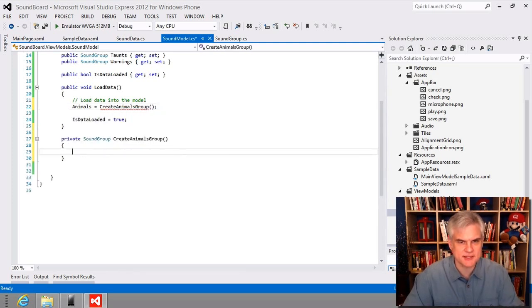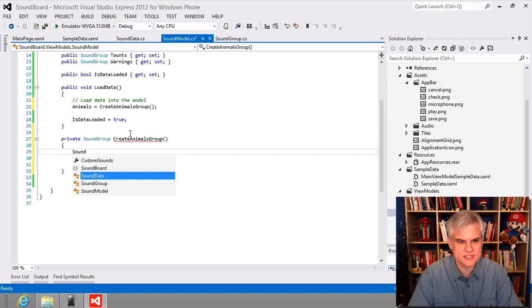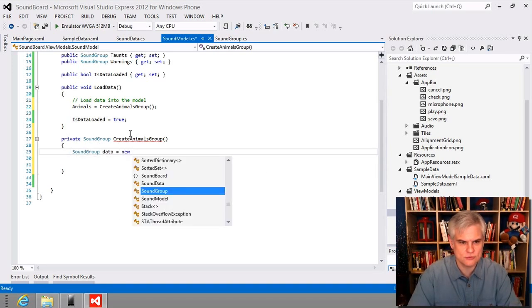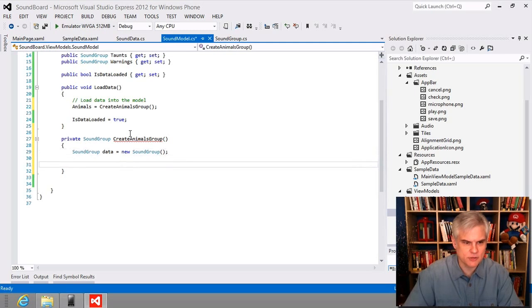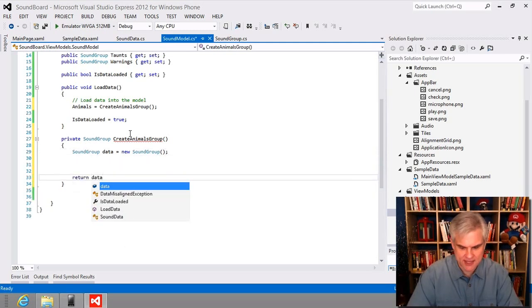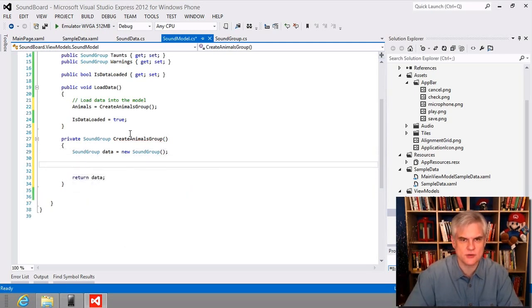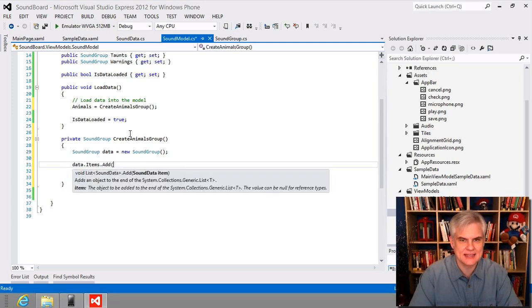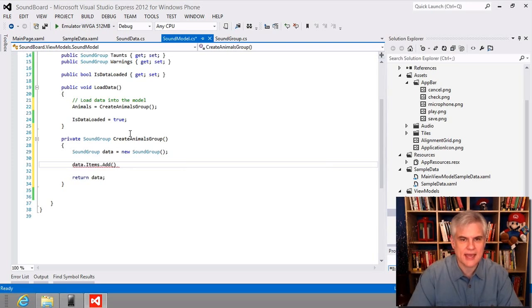Inside of here, we'll do something like this. We're going to create a new sound group object called data equals new sound group. And then we're going to return that at the very end. In between, what we're going to do is something like this, data.items.add, and then in the add, we're going to create a new sound data object, and then we'll